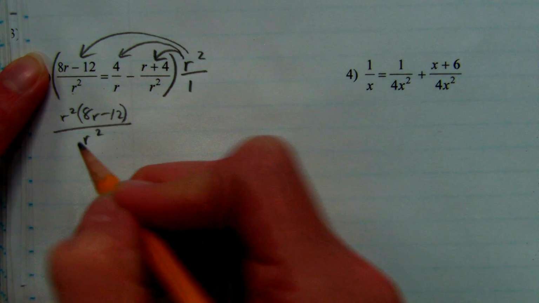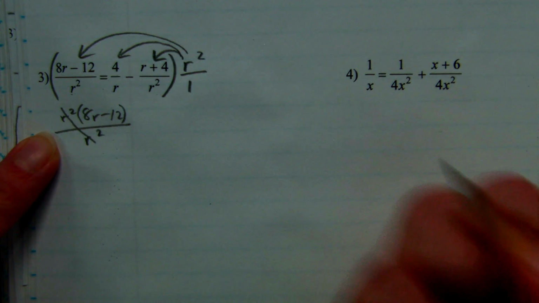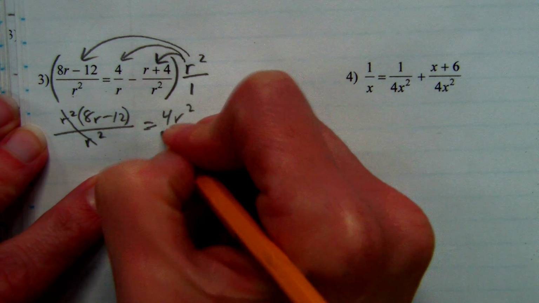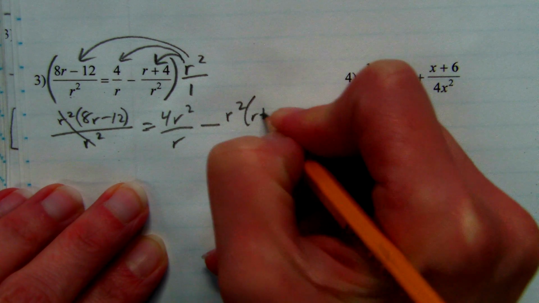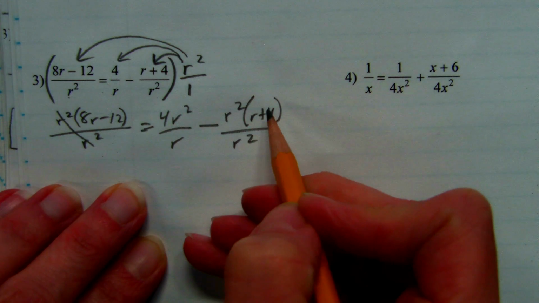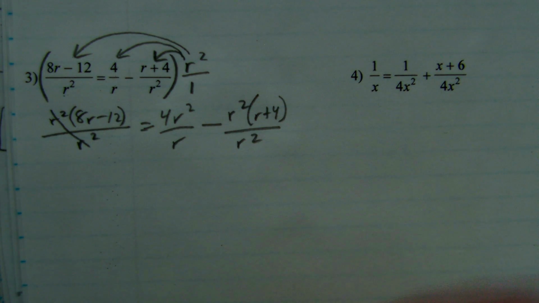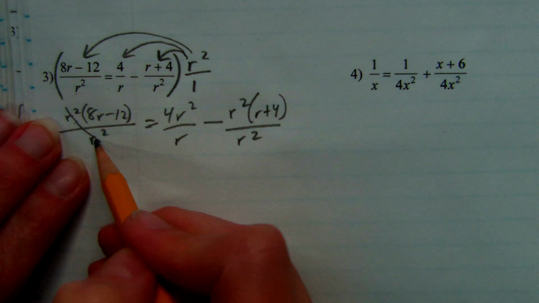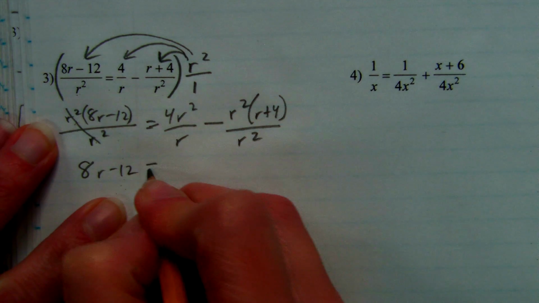Do you see why I don't want to multiply this out? Because the r squareds are just going to cancel. And then I'm going to have equals 4r squared over r minus, and then I'm going to put r squared parentheses r plus 4 over r squared. So I don't want to distribute it, really. Like, I gave it to all the pieces, so in that way I distributed, but I'm not actually multiplying these out, because these r squareds are going to cancel and just leave you with 8r minus 12 equals, and then